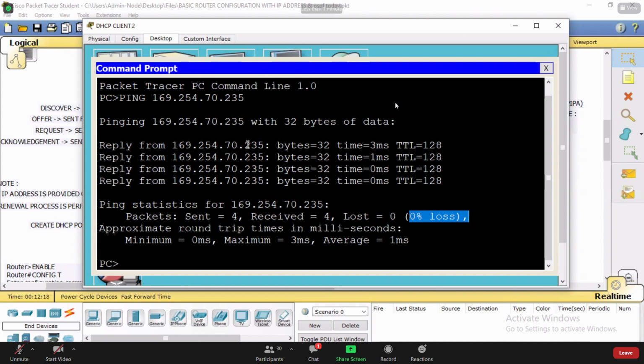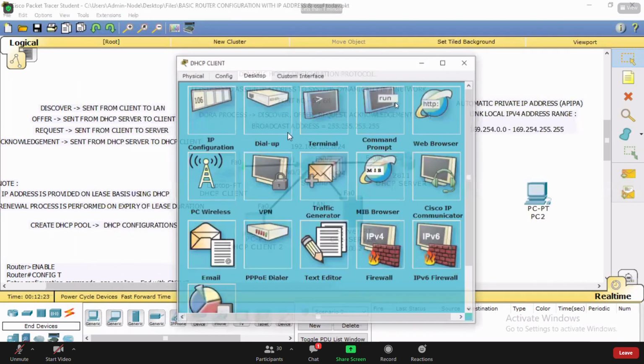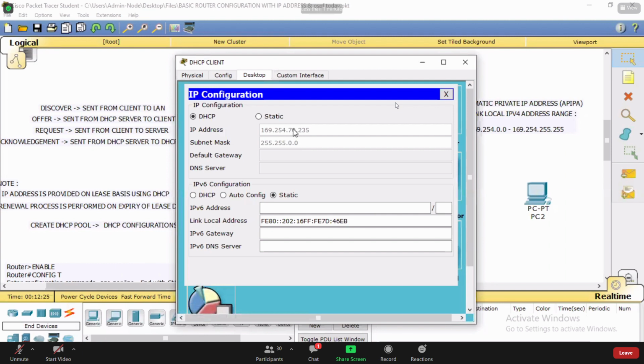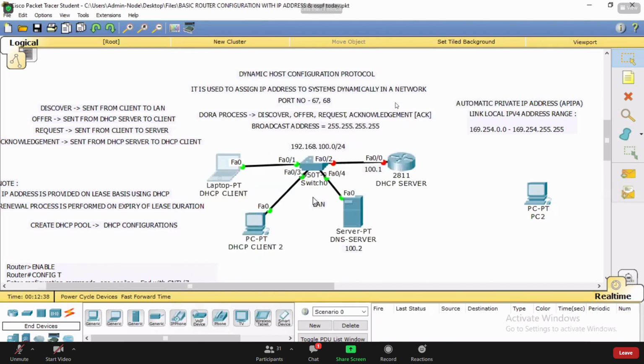So whose IP address is this? Sir, it's your 235. This machine's IP address, right? So you can see that when the DHCP server is not available, still we are maintaining communication. This is the address. It is called APIPA address or link local address, used to make communication within a LAN. But you cannot use it to communicate to some other LAN. Let's say that this machine belongs to a different network. This is your network. This machine is in a different network. And you are trying to communicate using this